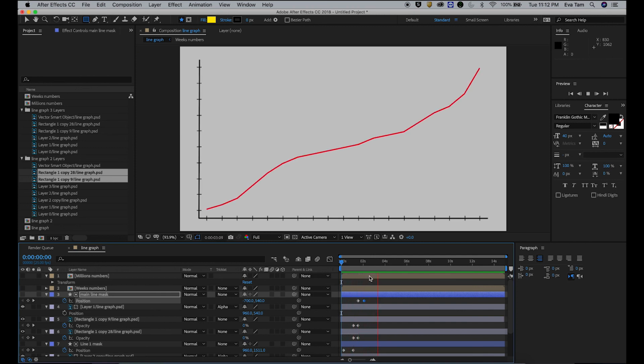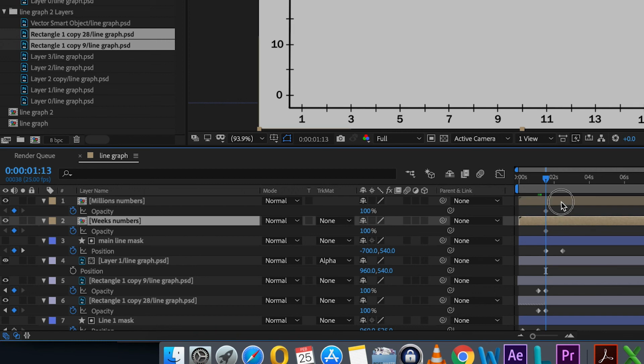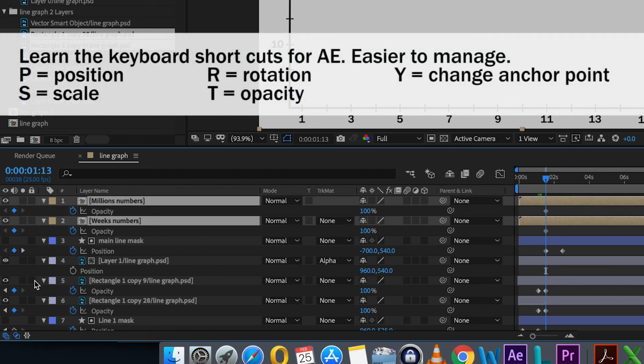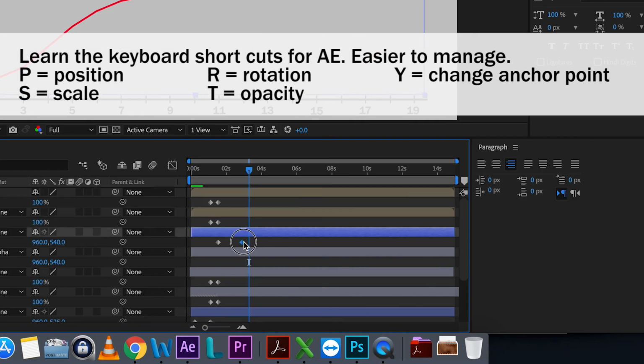Like that, okay? So that's how you do this first part. So when this is going on, I'm now going to show the numbers. So I'm going to do opacity, so that's 100 again. And then I'm going to move back and then make this 0. So it's going to look like this. I'll make this even a little longer.